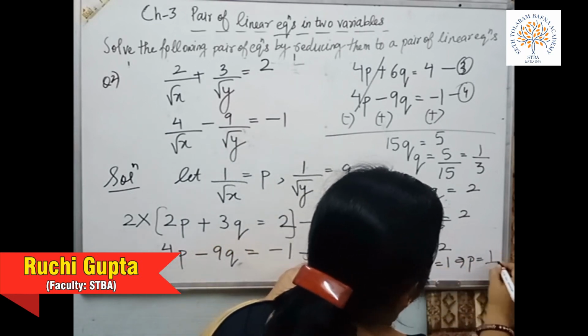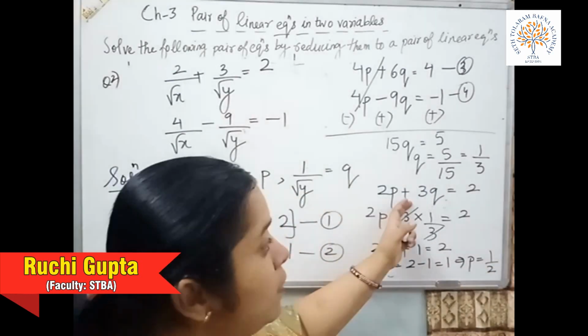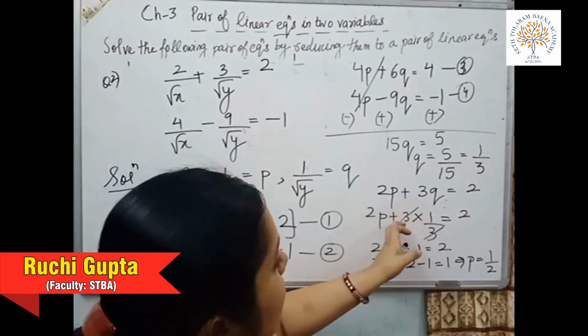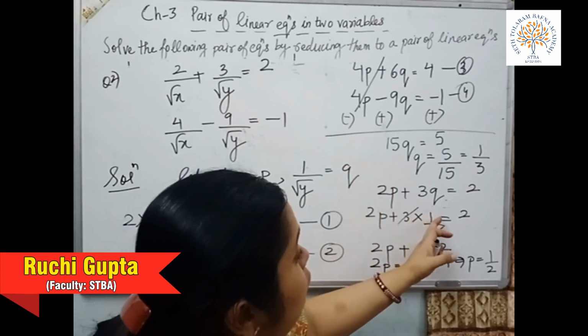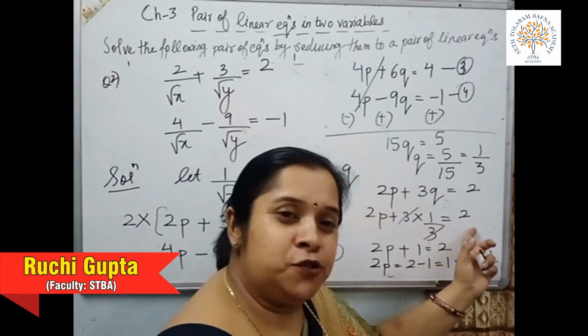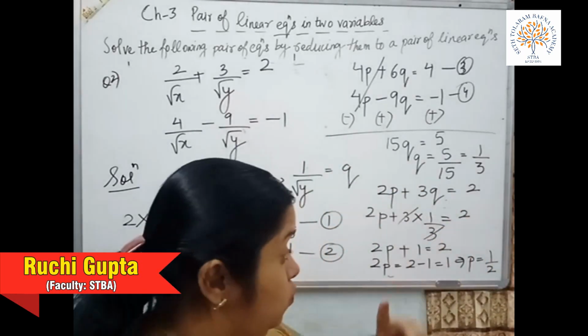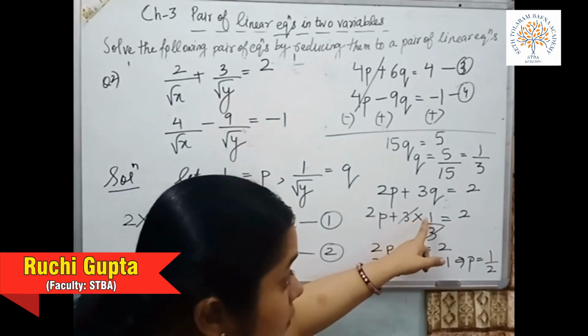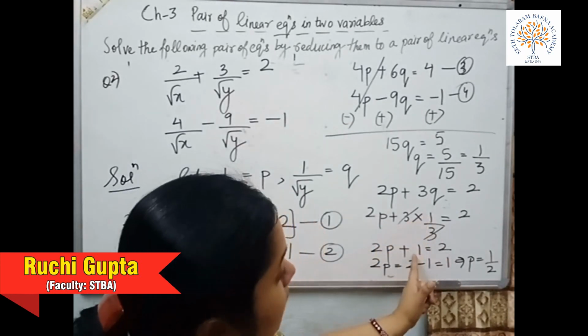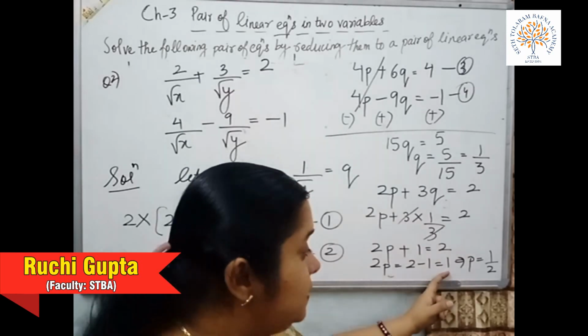So what is P? It is 1 upon... Because you are always in a hurry. Okay, you cancel 3 by 3, you forgot 1. You write 2P is 2 which means P is 2 by 2 which is 1. Which is wrong, students. 1 remains here. Okay, when this 1 goes on that side it becomes minus.